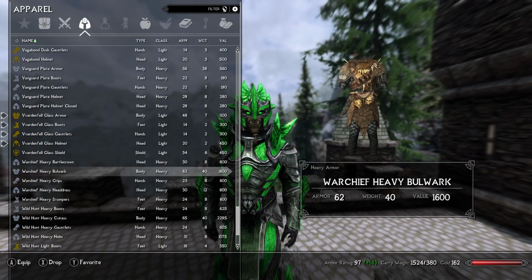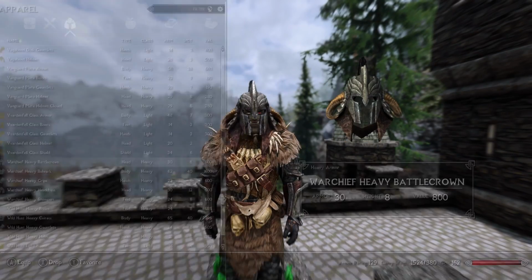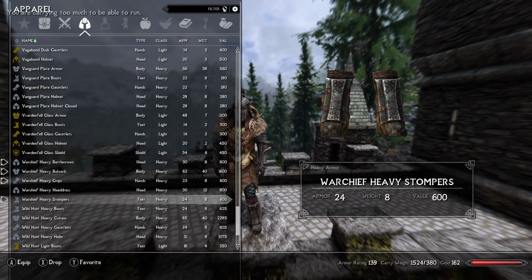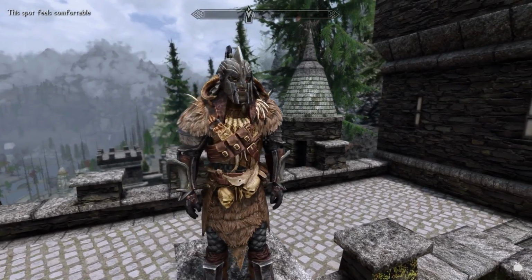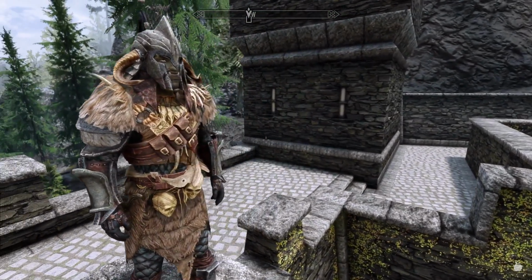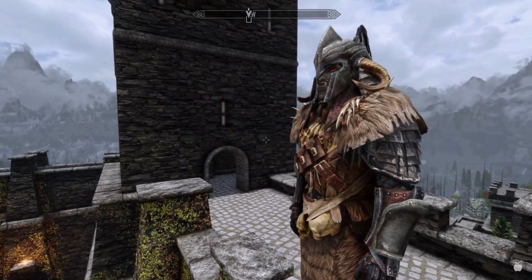Next, we're going to look at the War Chief Heavy armor set, which comes first with a battle crown. Now we're getting into the orc stuff. Oh, am I missing boots? Stompers. There we go. Alright, this is more orc type. So, orc armor for my orc character. A couple of human skulls dangling from his waist. Nothing to worry about. Lovely combination of spikes, fur, and